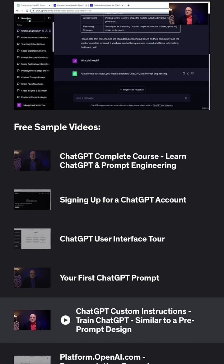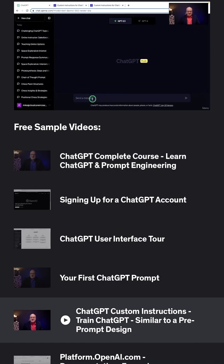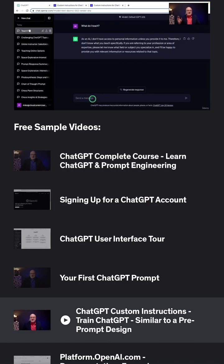And then if I go into a new chat or new context here and ask, what do I teach? It now is saying it doesn't have access to personal information. So a handy feature that you can toggle on and off at will. So enjoy your ability to provide custom instructions to